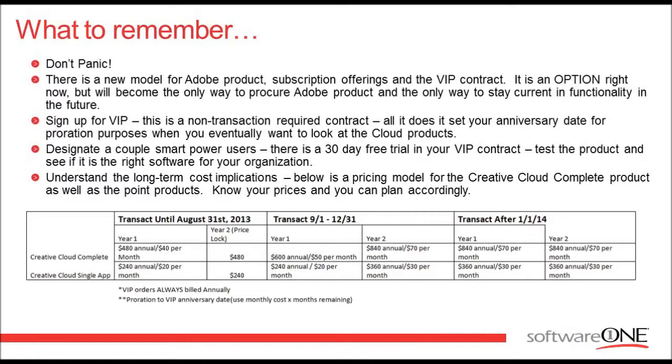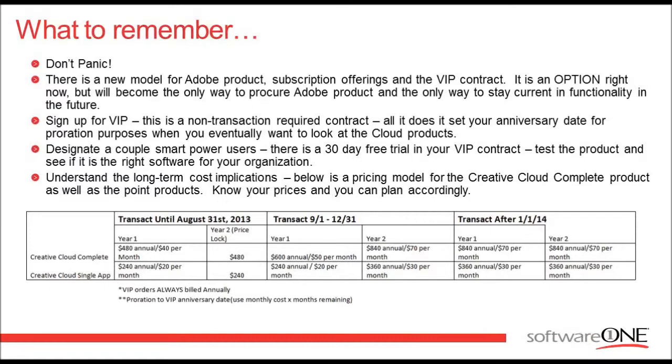The next point, and I'm a firm believer in this, designate power users within your organization. Find out the people who use product more than 50% of their day, and find 2 or 3 individuals who would look at the product critically and make sure that the product as a whole, the online services portfolio, makes sense. Does it make sense to look at this product long term and test the product? Keep in mind you always have a 30-day free trial with VIP, so you can test and deploy a product for 30 days and determine whether it makes sense. And frankly, if it doesn't, you just uninstall before that 31st day, and there's no fiscal obligation.